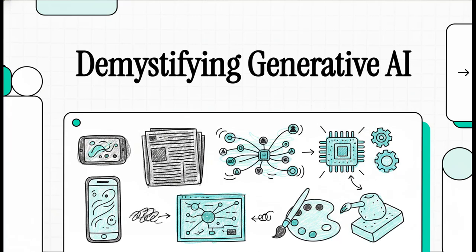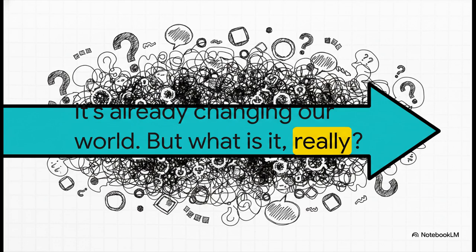It feels like just yesterday, almost no one was talking about generative AI. And now, it's like boom. It is absolutely everywhere. It's in our news feeds, it's on our phones, and it is really starting to change the way we create and work. It's clearly one of the biggest technologies to come along in a long, long time.